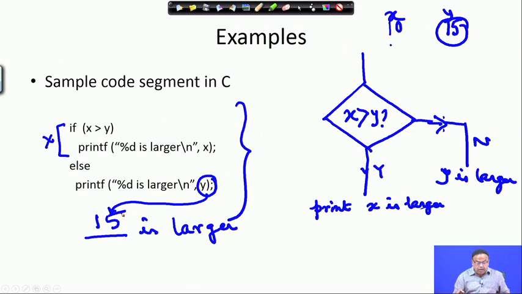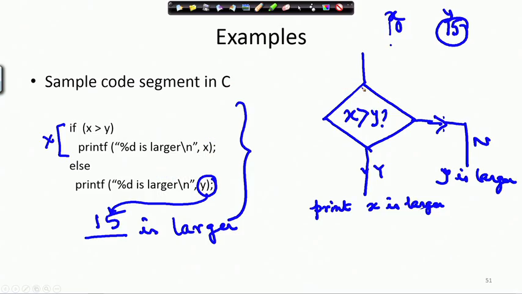So, that is how we can implement this sort of decision box, and when I have got a choice between paths based on the decision, that condition is being computed using relational operators, which are telling me which path I will take. Is the situation true? If so, I will take this path, otherwise I will take this path. This is the purpose of the relational operators. Okay.